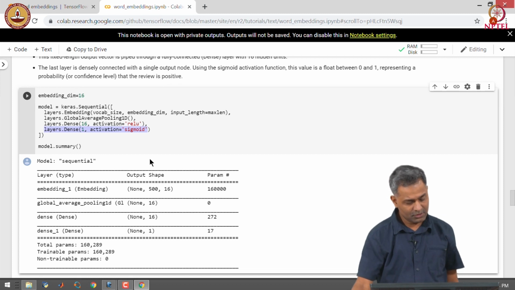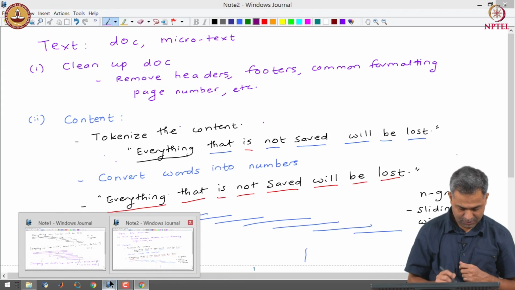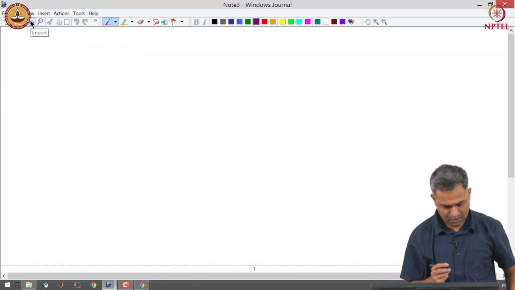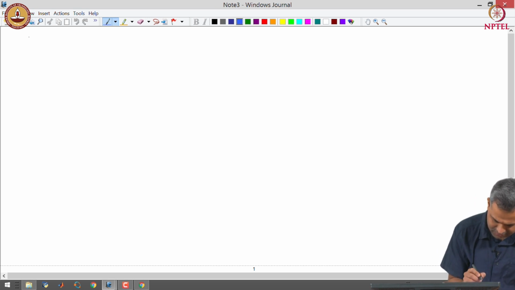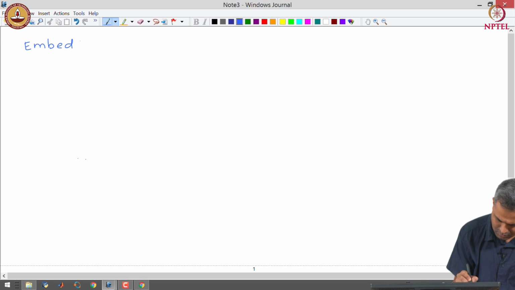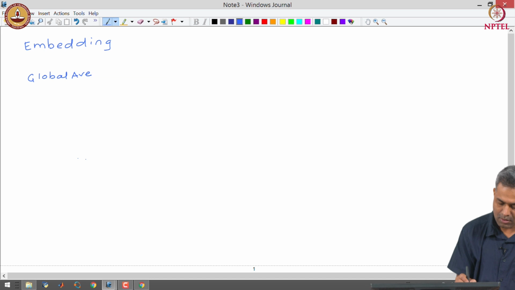Let us draw this particular model in the notebook. So, we have a model. The first layer is an embedding layer, followed by global average pooling 1D.